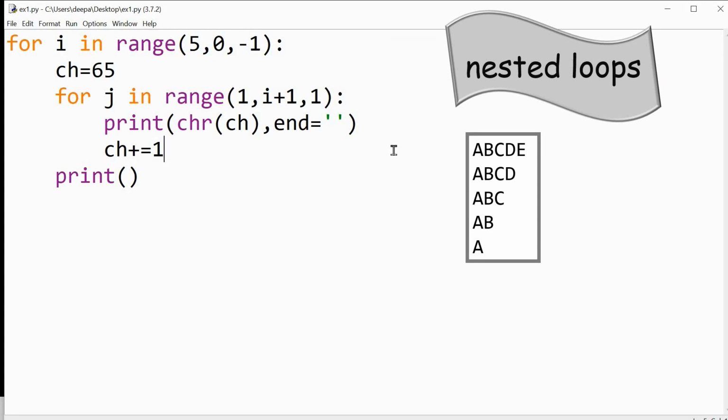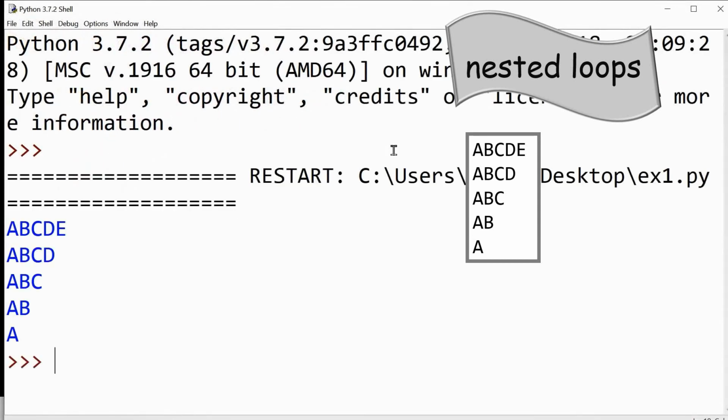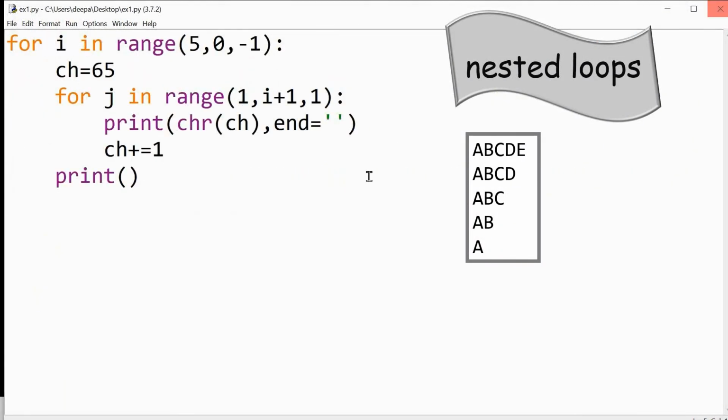Let me save and run, check it out. You can see you get that inverted triangle. So this is about nested loops. But there are some easier ways in which you can print alphabet patterns, which you will be learning in the future chapters. Okay, thank you, children.